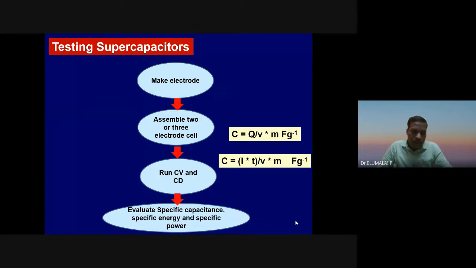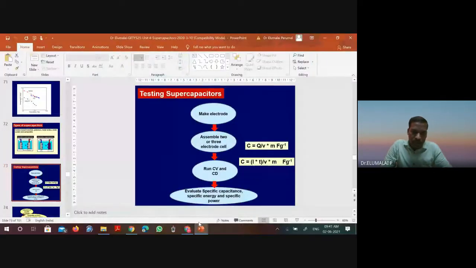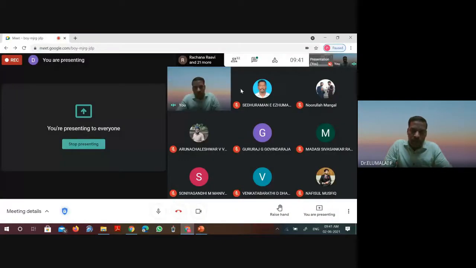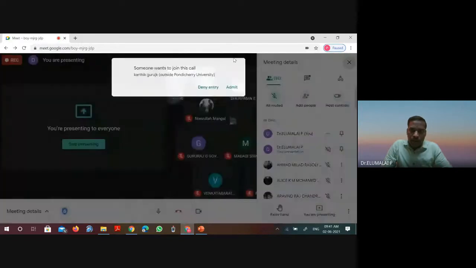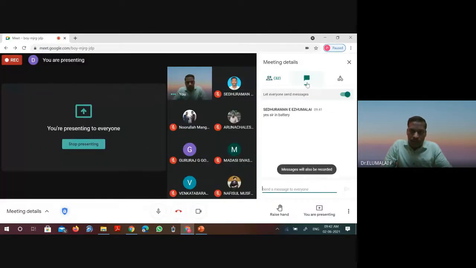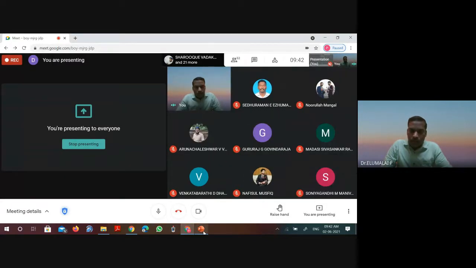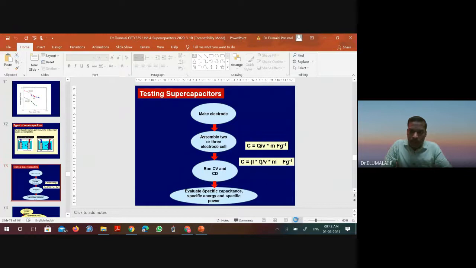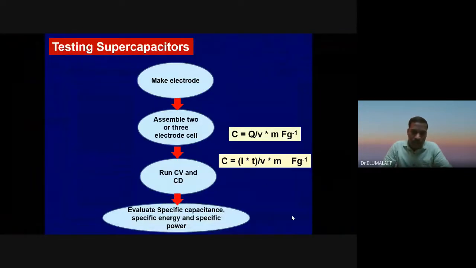Yeah, so in the second unit we have seen it when you want to make a slurry, which essentially consists of electrode material, conducting particle, and binder. That is the acetylene black. The other forms of carbon used for enhancing the conductivity are super P carbon,